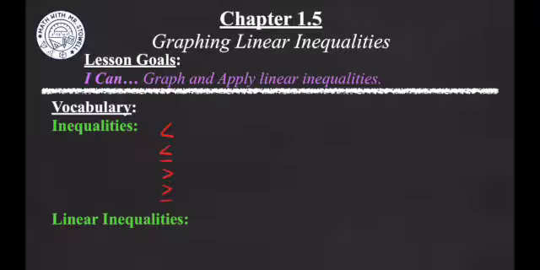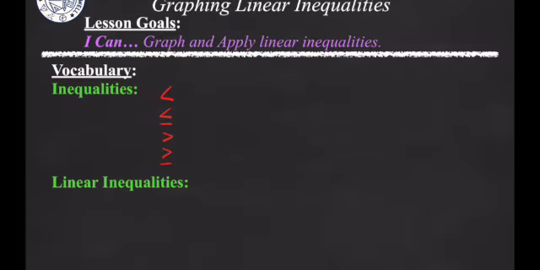A linear inequality is just like a linear equation, except instead of the equals to sign, they put an inequality in place of that equals to sign, so that we are comparing the two sides. We are seeing, is one side bigger than? Is it less than? Is it bigger than or equal to? Or is it smaller than or equal to? So an example of that could look like, we could have y is bigger than 2x plus 7. That's a linear inequality because instead of the equal to sign, we have an inequality in